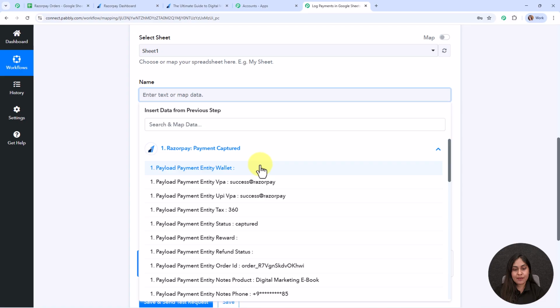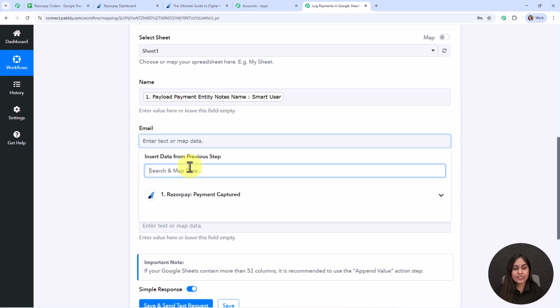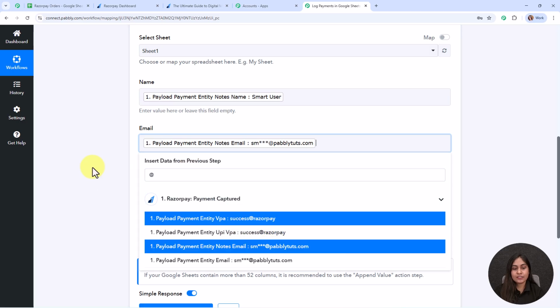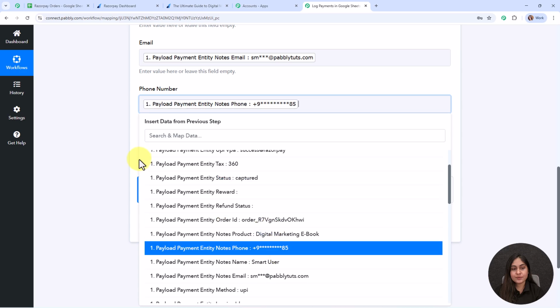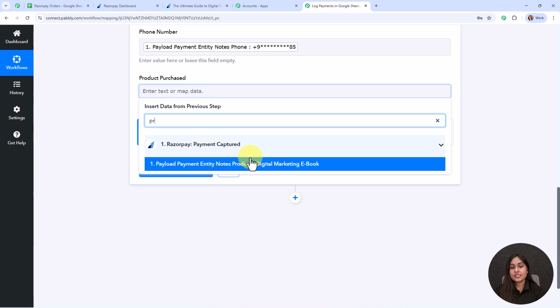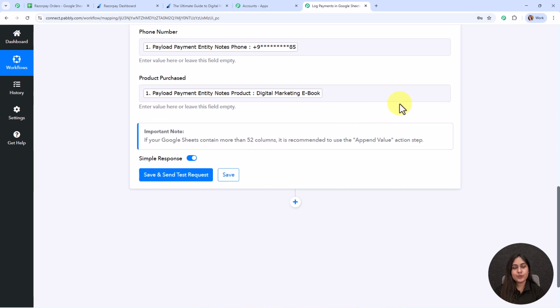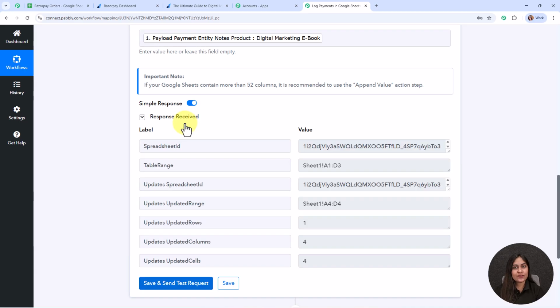So here for the name, I'm going to search for the customer name. So this is the customer name. Here for the email address, I'm going to map the email address. Here for the phone number, I'm going to map the phone number of my customer. And lastly, I'm going to map the product purchase. Alright, so this is the product purchase. So I'm going to map it over here. And now here, after entering all the required details, I'm going to click on the save and send request